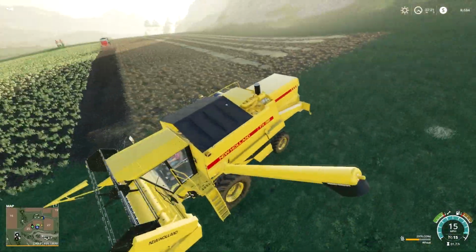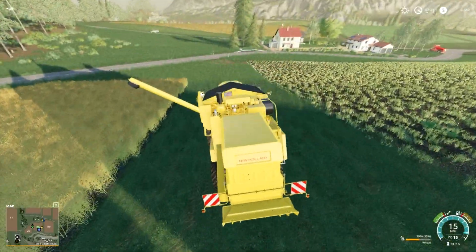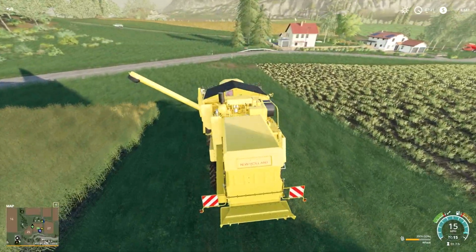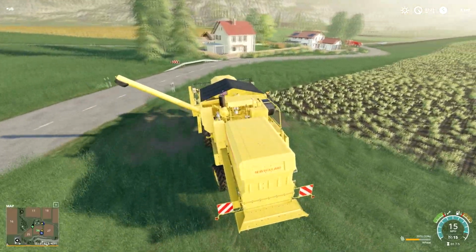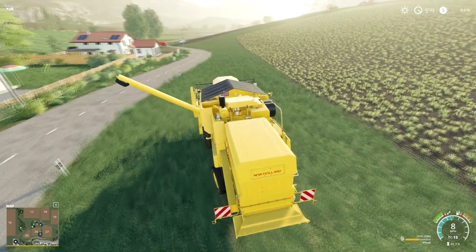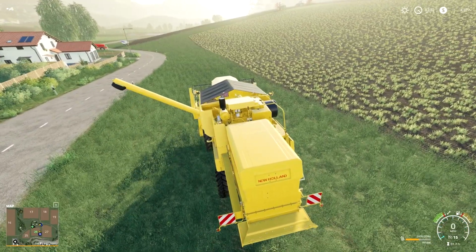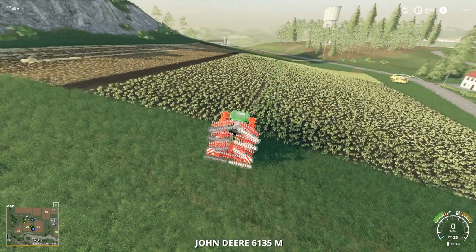So we can't unload this yet. Plus, yeah, this will go to our chickens anyway, but we can just put this over to the side for when we sell the corn. We'll come back, pick it up, and take it to the chickens. So we'll just leave it here with the pipe out. And now